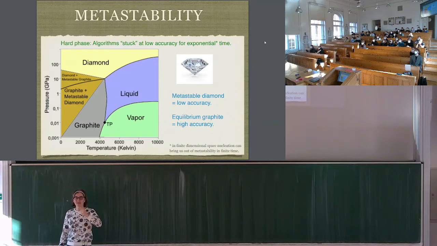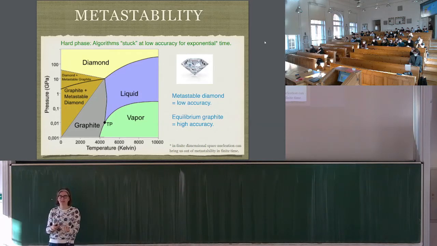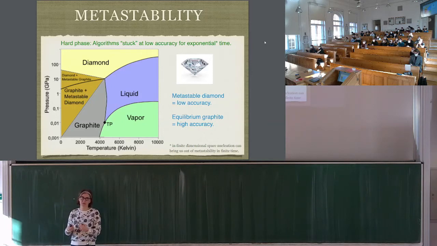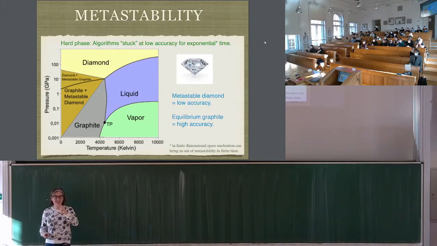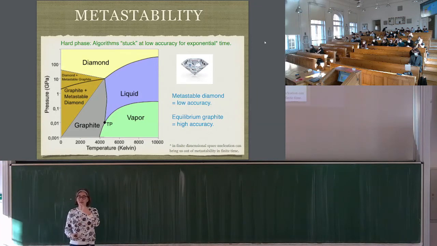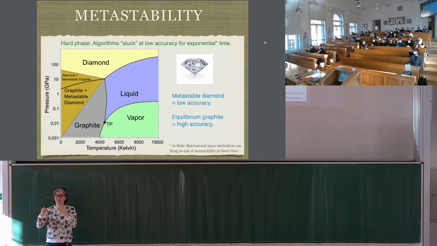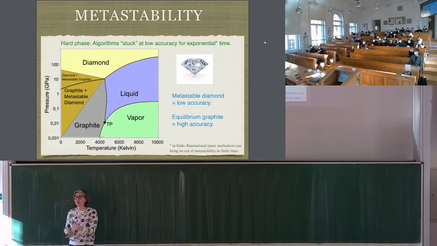In the diamond, it was a bit the other way around. You were happy with the diamond, that was the metastable state, and you were glad it doesn't turn into the graphite, the stable state, because that would not be so expensive and so interesting. So the incentives are switched, but the physics or the mathematics here is the same. Why doesn't the algorithm find the good accuracy state, even though that would be the analog of the equilibrium, the state where the material wants to be? It's because it's stuck in this metastable state, just like the heater was a liquid before we pinched it.